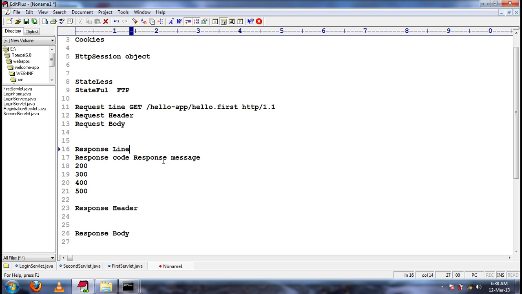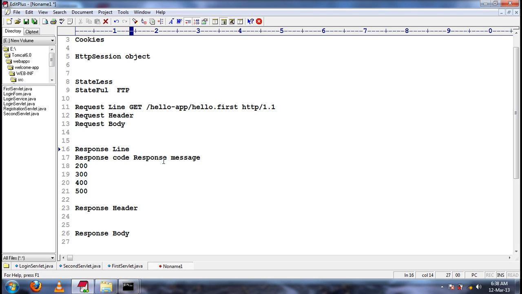How cookies will be generated in our applications means we'll create a cookie, we'll add that to the response, and cookies will be sent in any technology. The web applications can be built in any technology, either .NET or Java or PHP or whatever it may be, but the cookie management will be the same. Cookies will go to the browser as response headers, and from the browser cookies will be transferred to the server as request headers.